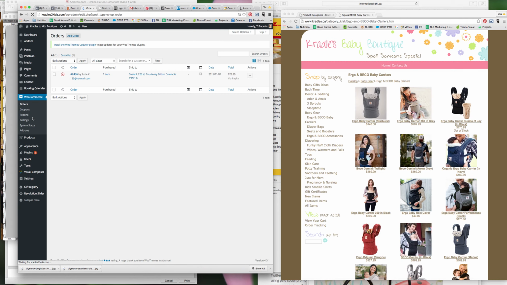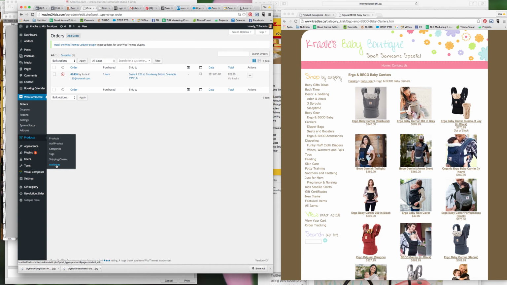So we're going to add an item to the website, and we are also going to add an item that actually has different colors. And so we want to be able to hover over different color swatches and be able to see what that item would look like in different colors. So in order to do that, when you're in your dashboard, you want to go to Products, and the first